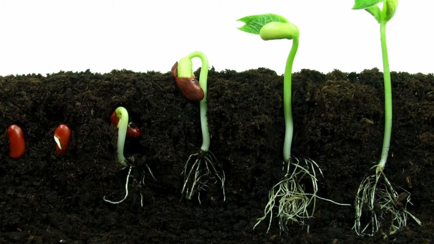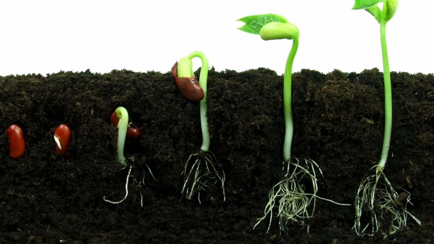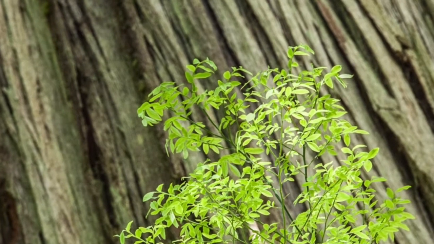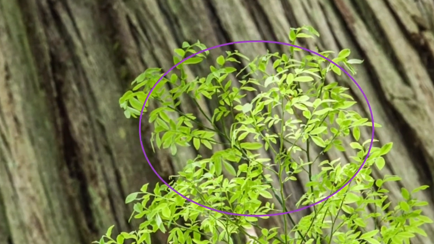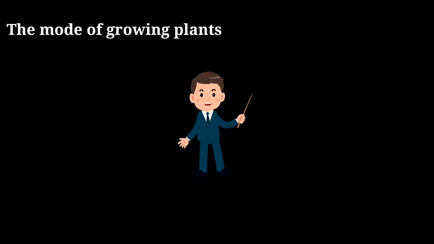And how does this plant grow out? As the cotyledons absorb more and more water within them, the inner seed bursts out due to excess water and the plant shoot comes out along with the root, that is plumule and radicle. You can see in the later diagrams that this cotyledon has been removed because it gets diminished when the plant starts growing. Students, when we look at the mature stage, there is no cotyledon in these plants as the cotyledon is removed. Now students, let's see that the modes of growing plants are of three types.